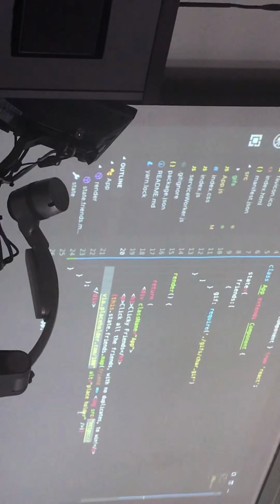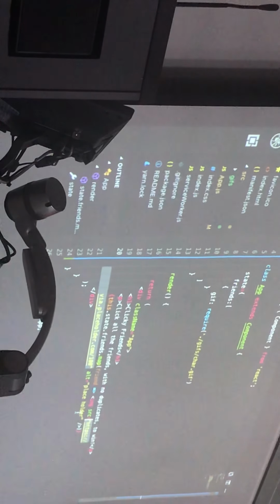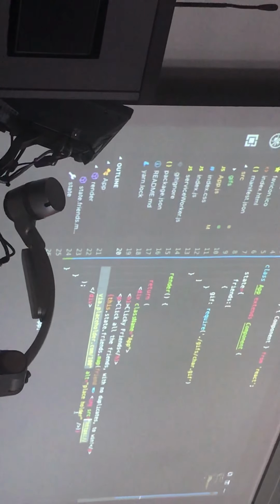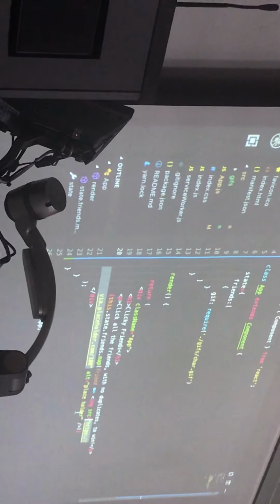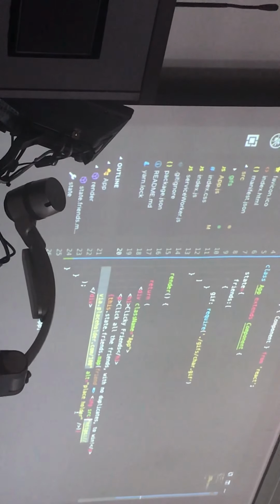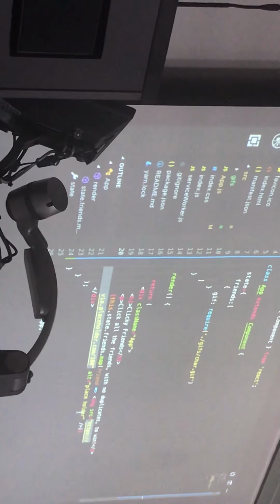You're on the right track, but it's not going to be this.state.gif, because .gif in state does not exist. It would be this.state.friends.gif, but we're also not going to do that because in map,